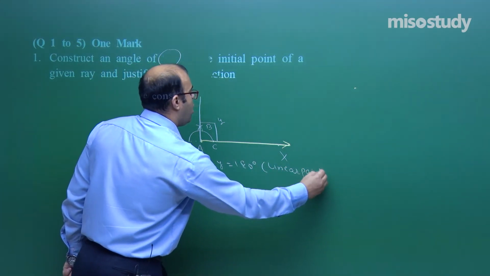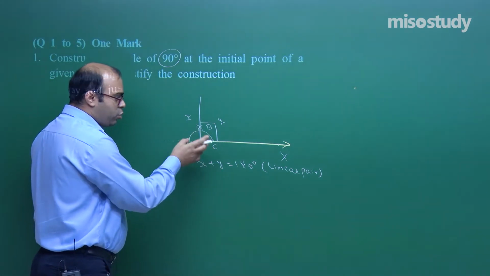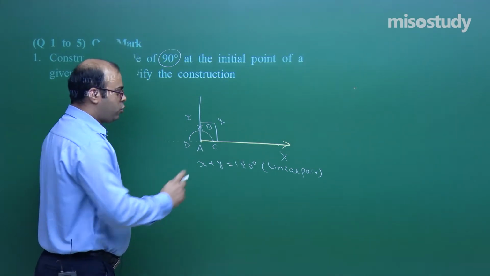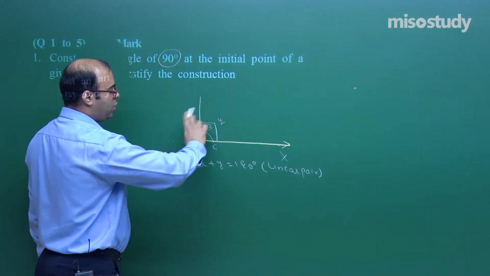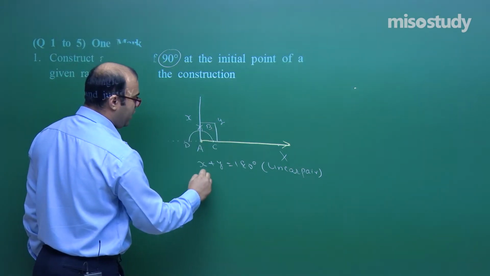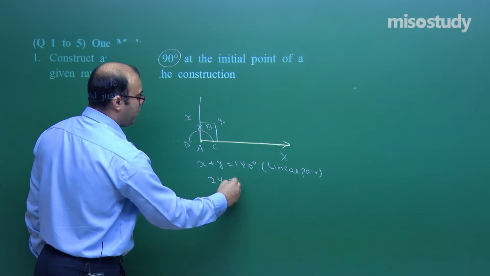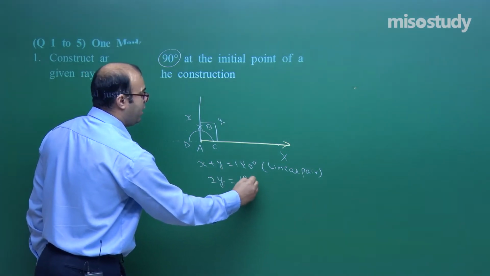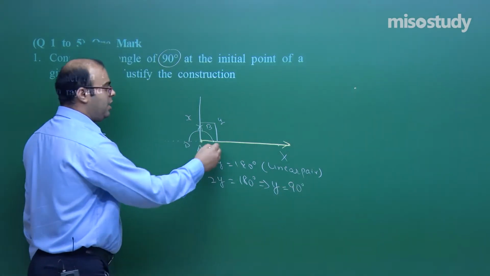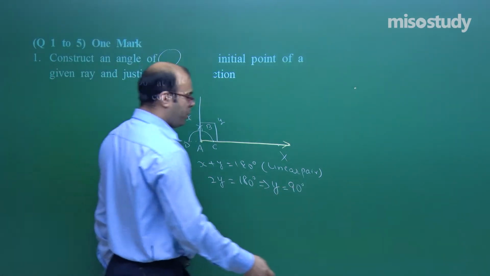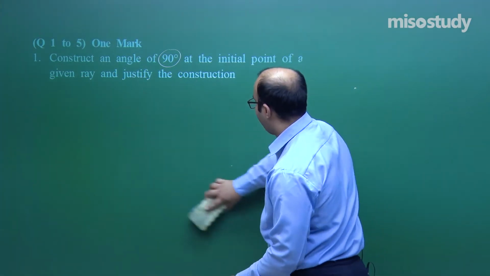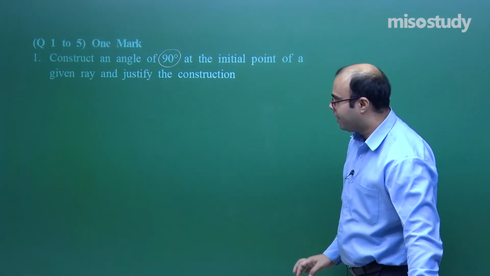Now since the method through which we have made this line AB is the method of angle bisector, this line AB is the angle bisector. These are two equal arcs. This is the angle bisector. That means X is equal to Y. So we can say X plus Y is twice of Y, which is equal to 180 degree, which means Y is equal to 90 degree. So this angle is 90 degree, students. Okay. So this is the first question, which was based on the concept of angle bisector, and we had to make a 90 degree angle.